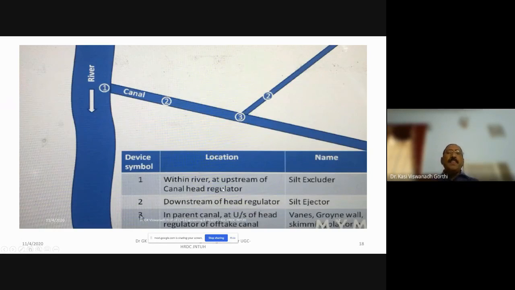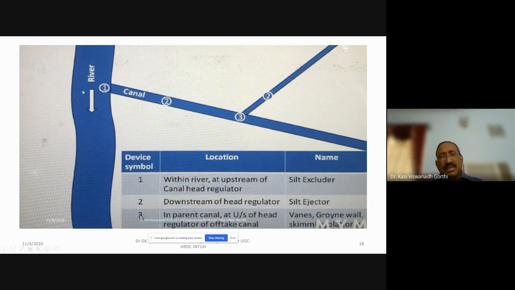Let us try to understand this figure. You have the river, flow of water. So the direction indicates that there is a flow of water here in the river. You need the water to be diverted from the river into the canal. So if you want the water to be diverted into the canal from the river, just now we have seen we may construct a diversion